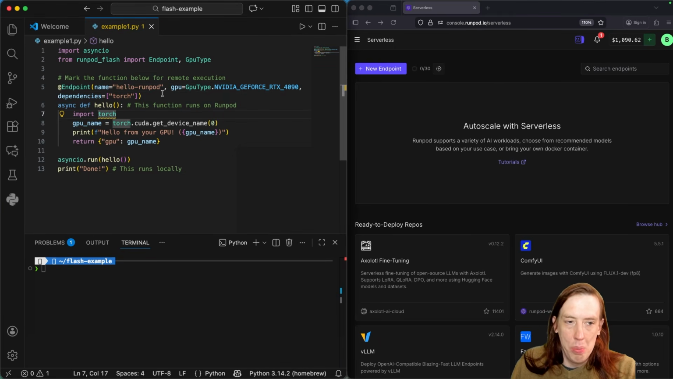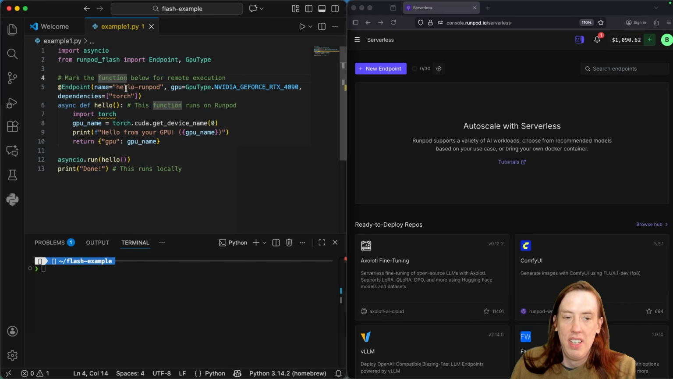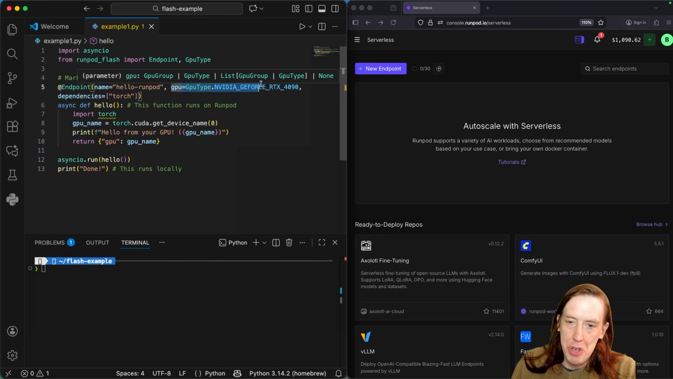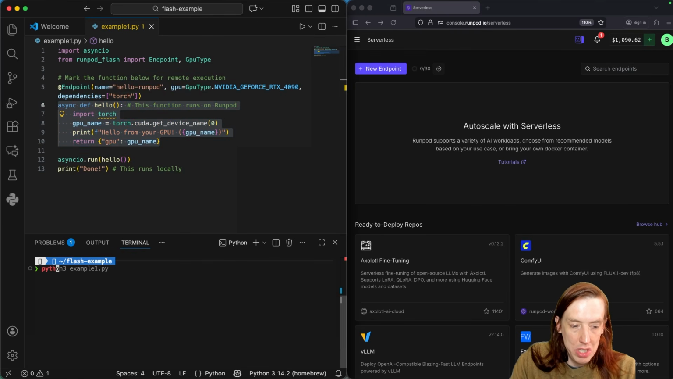So looking at this code block here, this @endpoint decorator is how you invoke a Flash function. And then here's the name of the serverless endpoint that we'll be creating. Then we have our GPU specs that we'd like to use. And then any dependencies we'll need will be defined here. And then this is a code block that we'll actually be running on the serverless worker. So if we just run our script here,